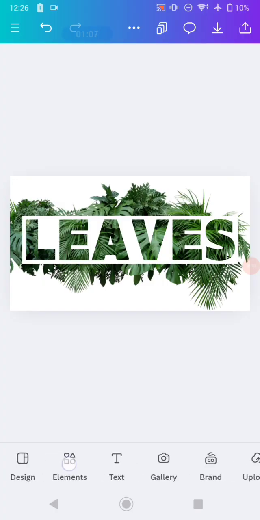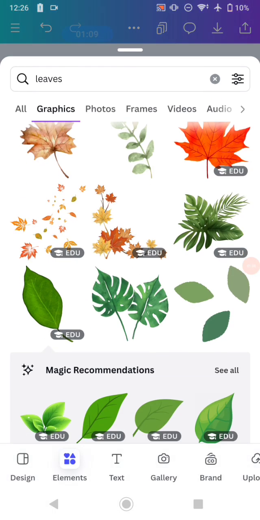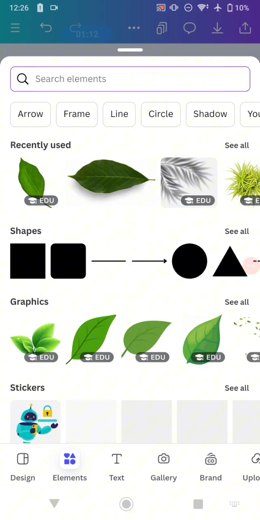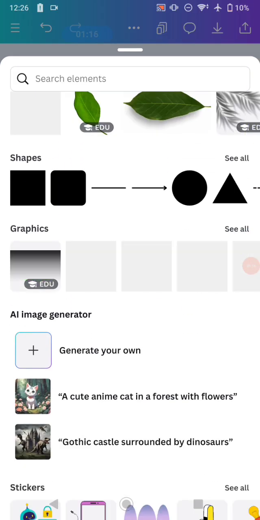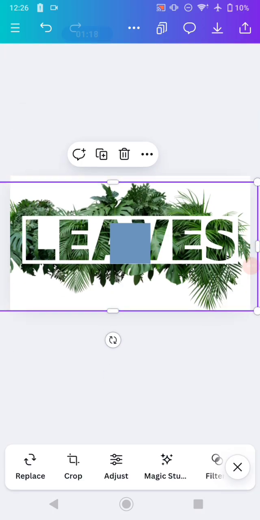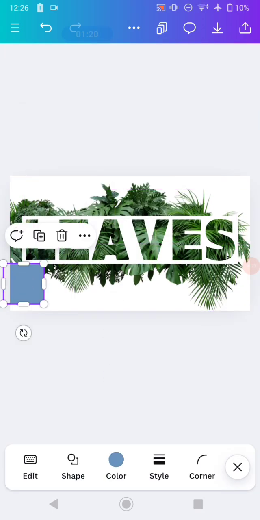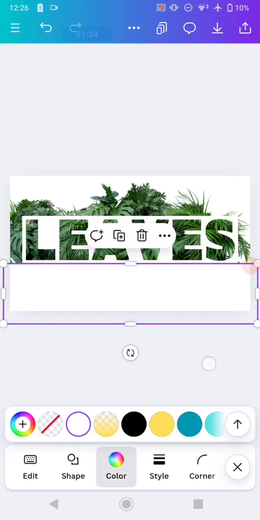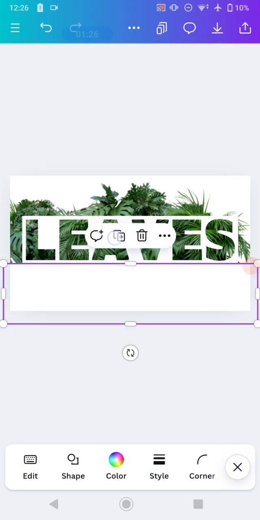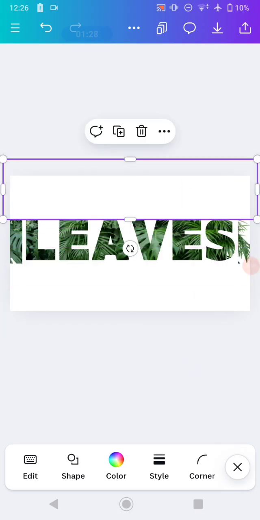then go to the elements section and open the elements, then insert a shape onto this page, this one. Increase the size of it and make sure it has the same color as the background color. So change it onto white color just like this and duplicate it, put it on top of the text like this,